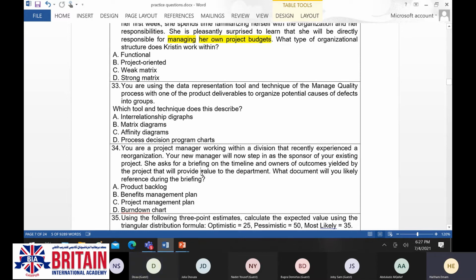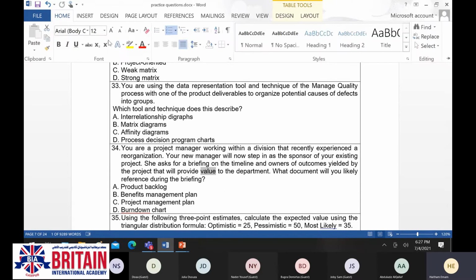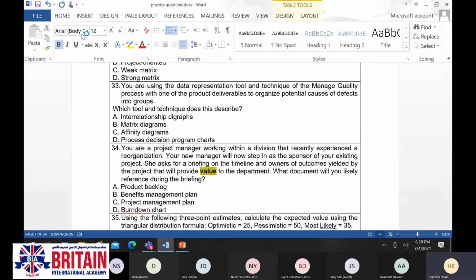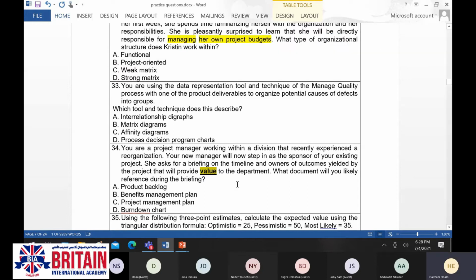Again, this is the second time we see the value in our questions. When it comes to the value of our project, we are talking about the benefits management plan.